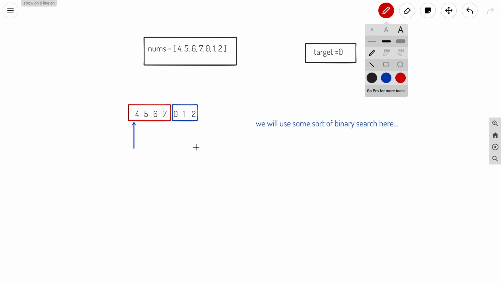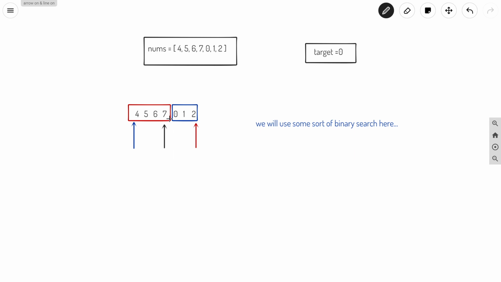So the other index will be R. Okay, so what will we do? We will use the binary search method in order to find the mid index. For this part, you can see that the mid index will be 3. So basically it will be at 3. So this is our mid index.